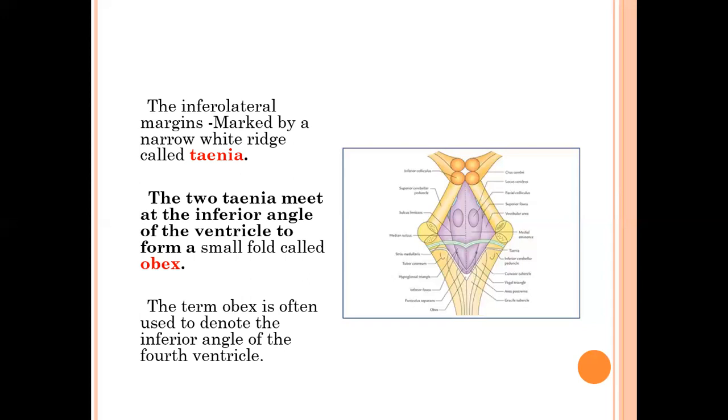So we have completed the fourth ventricle location, roof of the fourth ventricle and floor of the fourth ventricle. Now clinical correlation. There is a condition which is known as medulloblastoma. Tumors in the region of the fourth ventricle are not common. The most common tumor in the region of the floor of the fourth ventricle is medulloblastoma.